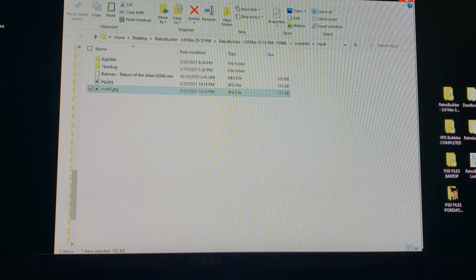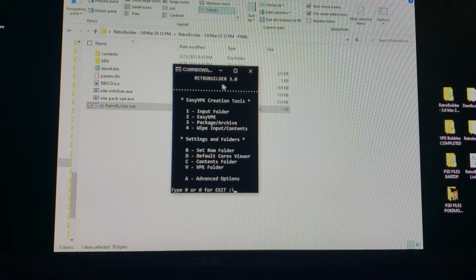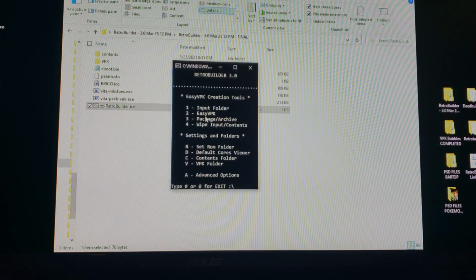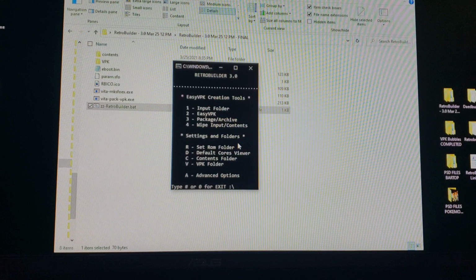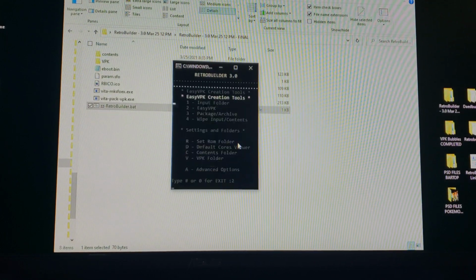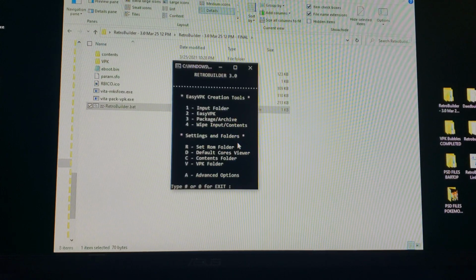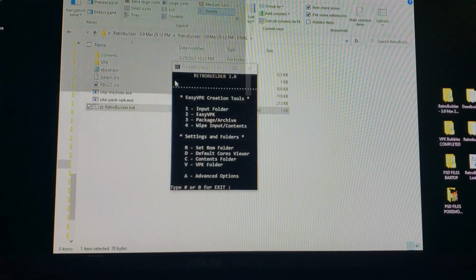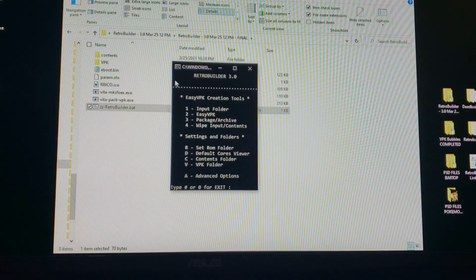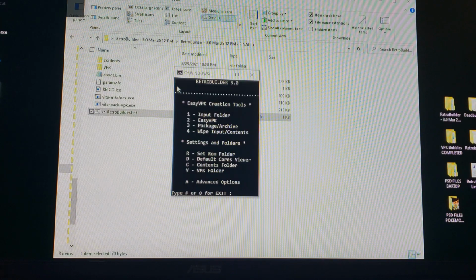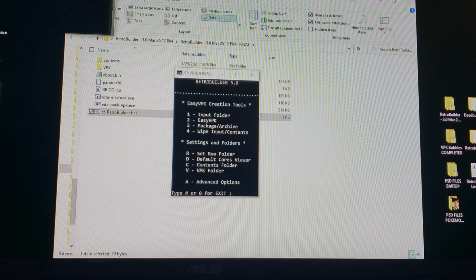So I'm going to exit out of this, and then we're back on this here, which is our builder. And then if you'll see here, the option number 2 is Easy VPK. So that's what we're going to do. We're going to hit 2, enter, okay? Now what this is going to do is it's going to do all of the magic. A bunch of stuff's going to flash up on your screen for about 5 to 10 seconds. Okay, it is converting all your images. It is doing everything that it needs to do to build this, and then you're going to get a prompt